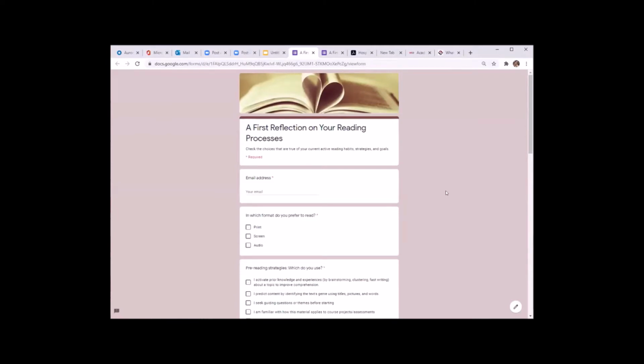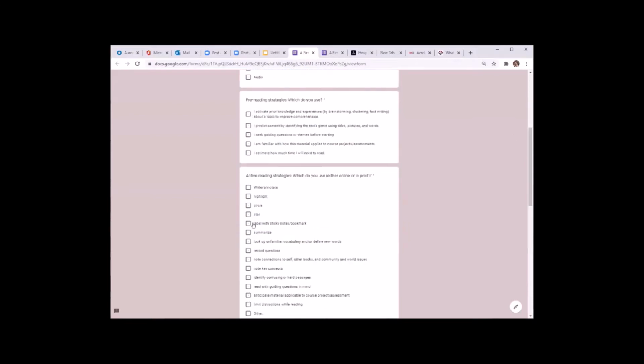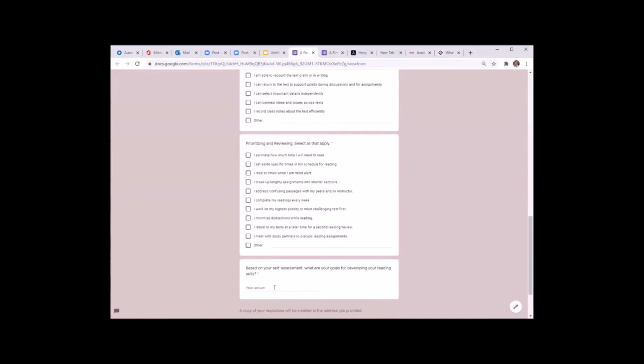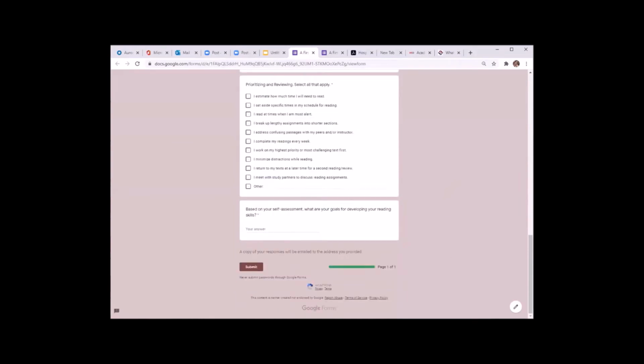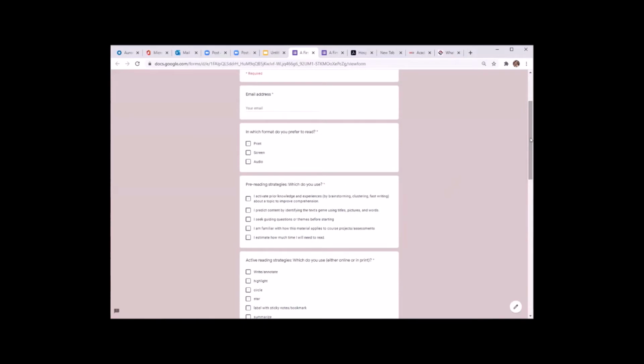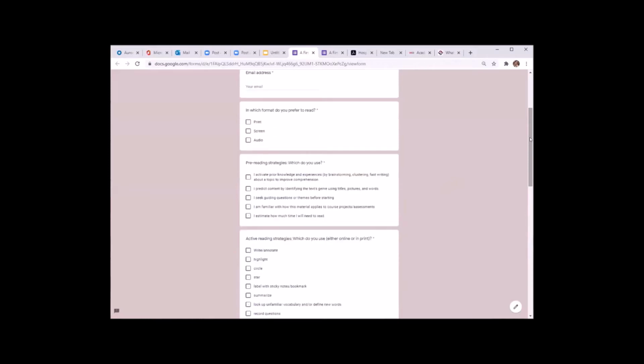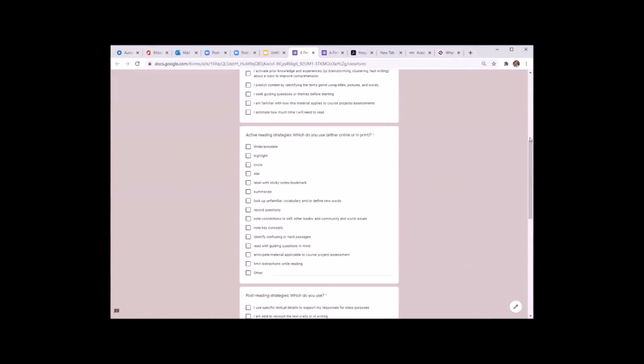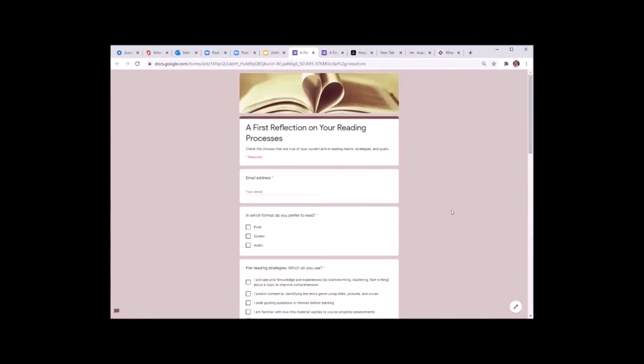I want to give you just a couple of minutes to complete the answers. It's really just a checkbox. You can check multiple for each one. And when you get to the end, please submit your answers. As you're going, think about these strategies in terms of a process: there are pre-reading strategies, active reading strategies when you're reading your text, and post-reading strategies, things you can do after you're finished reading to help you reinforce and internalize the information. I'm going to give you about 2 minutes to complete this form,